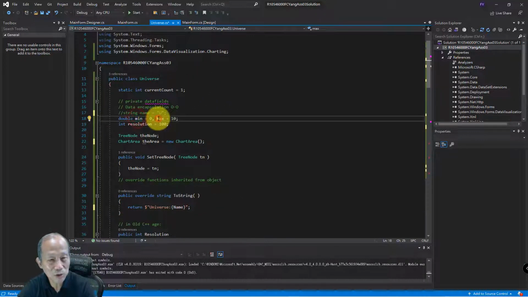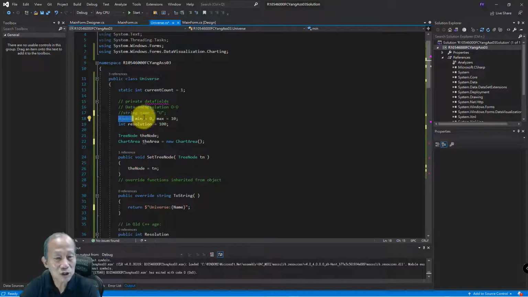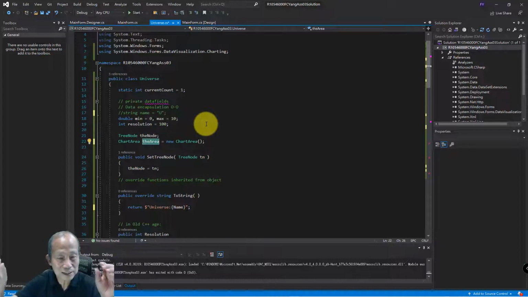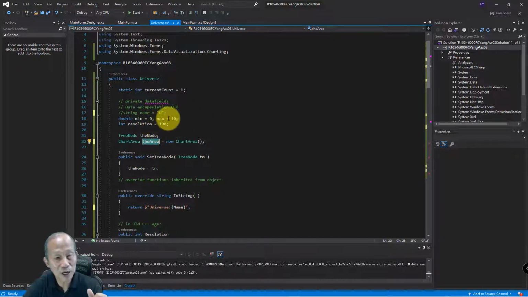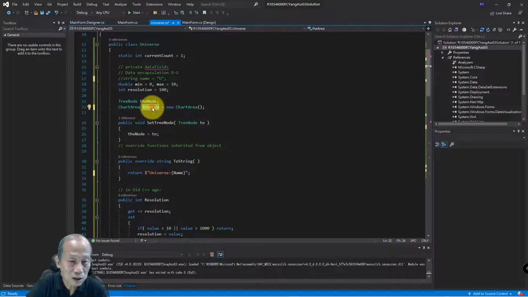because we have minimum value, maximum value, right? It's a data field, but actually you don't need to define that because the chart area's AxisX has minimum value, maximum value there. So you need to directly report that minimum value and maximum value. That is better, huh? Okay, so what we can do is that the area,